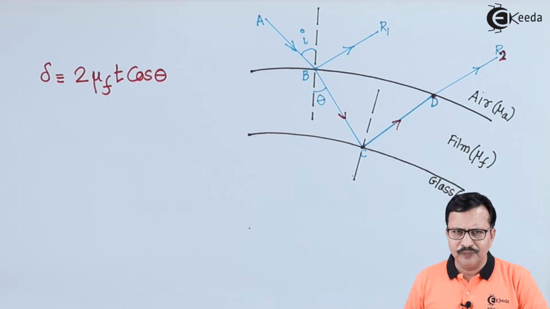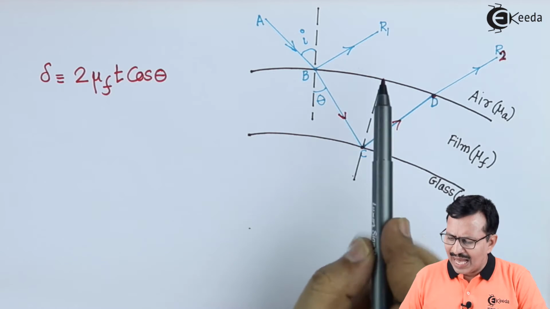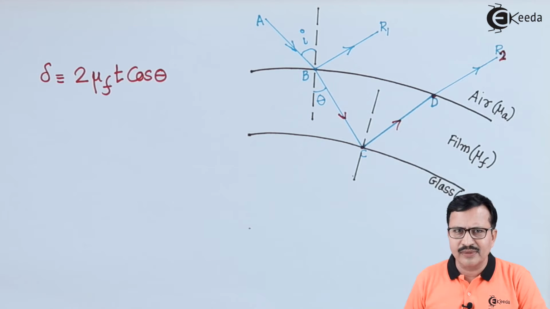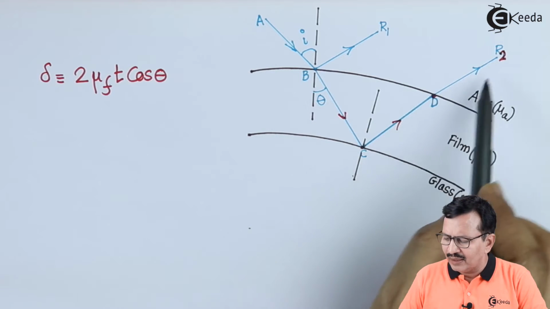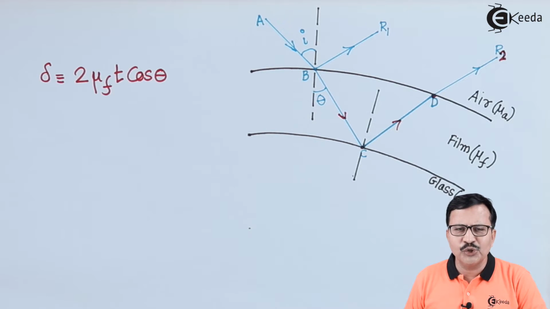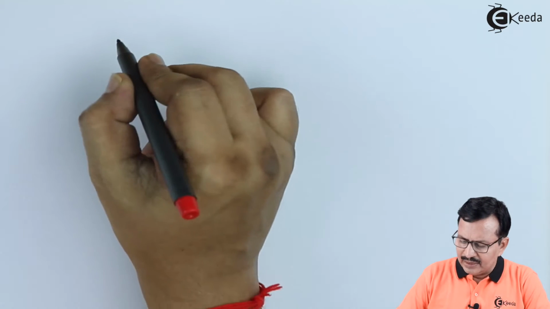When we are studying the values of the refractive index of the sun control film, what we need to understand is the amplitude of these two waves. The amplitude of these two waves, that is BR1 and DR2, should be equal. And for that to occur, we take help of the electromagnetic theory and we equate the squares of the amplitudes. Thus, we have